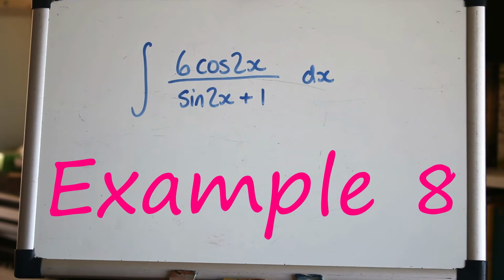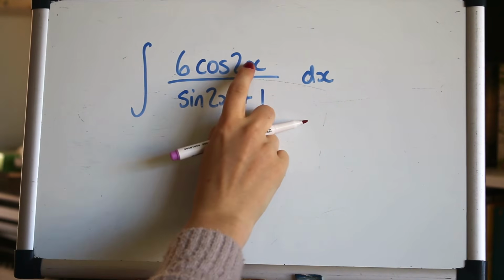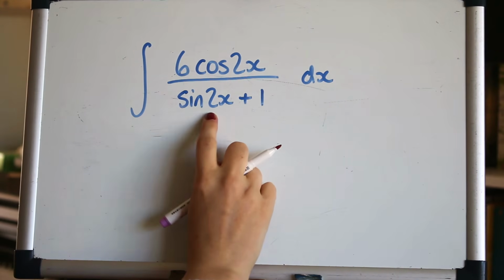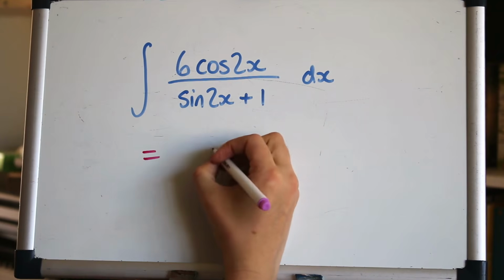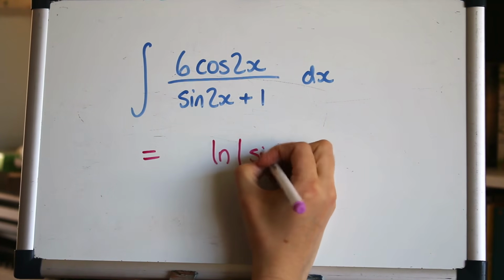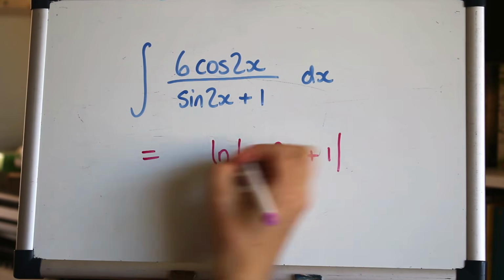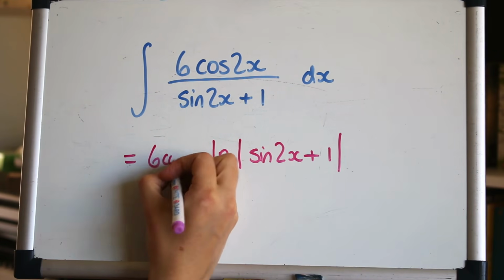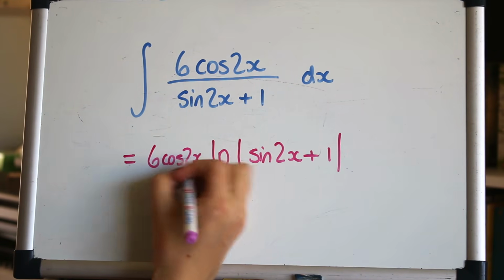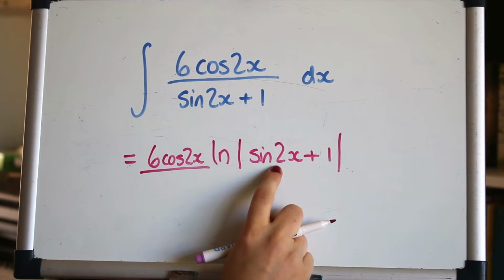Okay, last question. And again here we're recognising that the top is the derivative of the bottom. So it's going to be a log, ln of that denominator. So we'll put that in the modulus signs. Okay, I'll write the numerator at the front here, and we're going to divide by the derivative of that inner